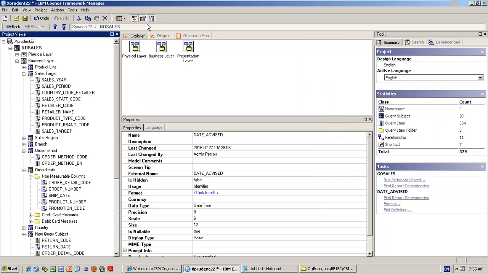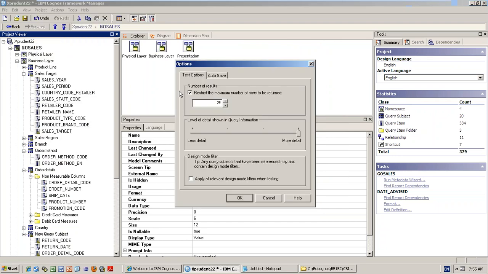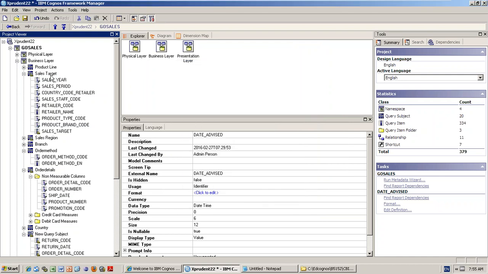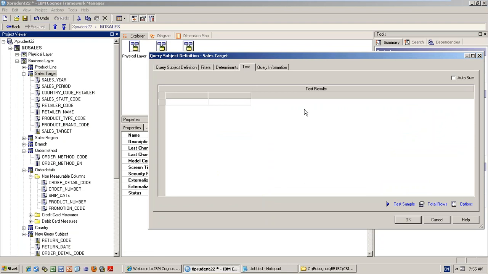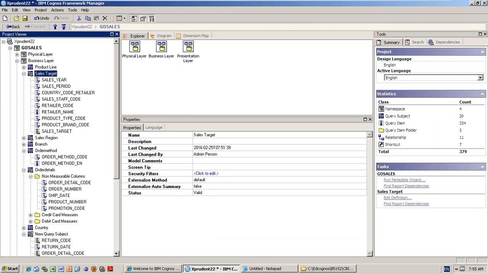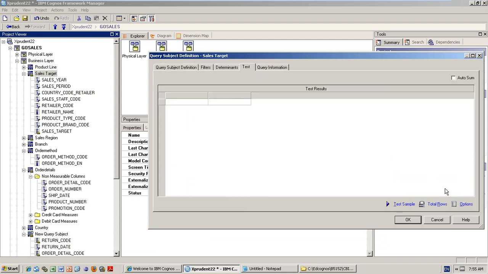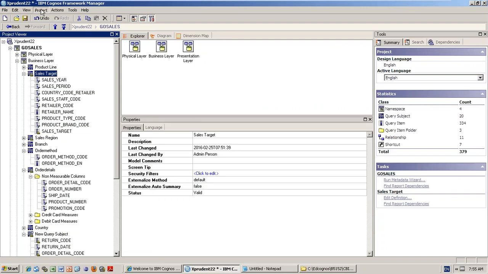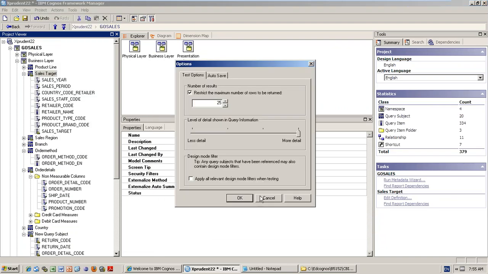So this you already know, right? Options. Where did you see this one? Whenever you open a table and test it, you need to know how many rows. So you can take 100 sample rows every time instead of 25. That is how many sample rows you need normally. You can change it in the options. If you double click and go to the test button, you can change it there, or you can go directly to the project options and change it here. Same thing.